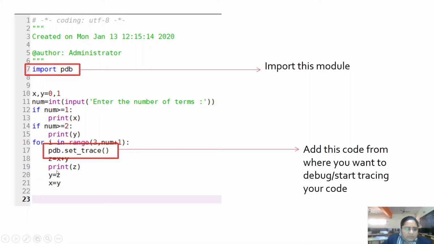at this point, that is, this is the point y equals z. So y equals z should come after x equals y. If I write the wrong order or sequence of these two statements, then we would be getting a series, but it won't be the Fibonacci series. So I will first tell you how we can trace this kind of an error.